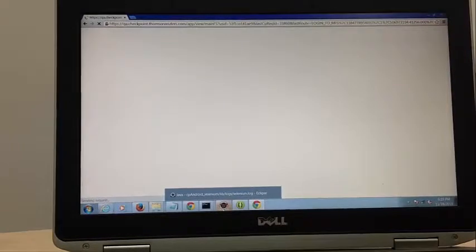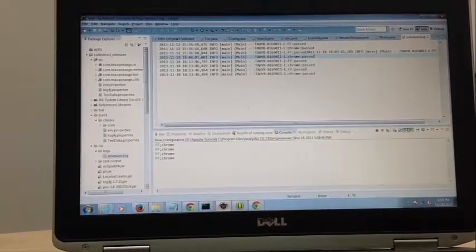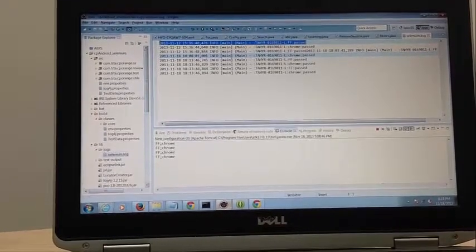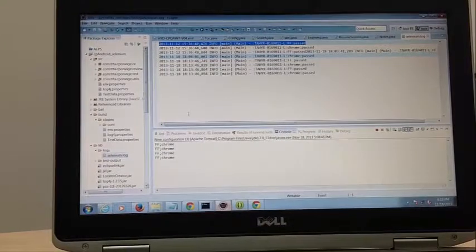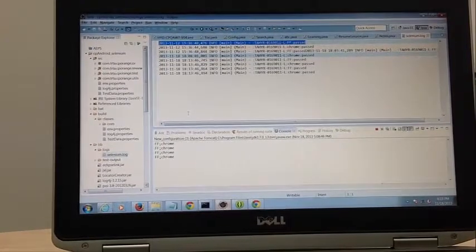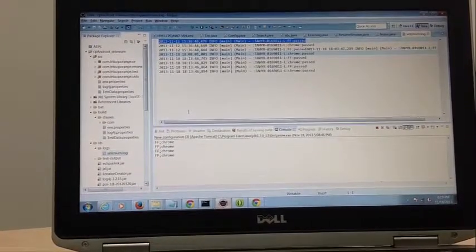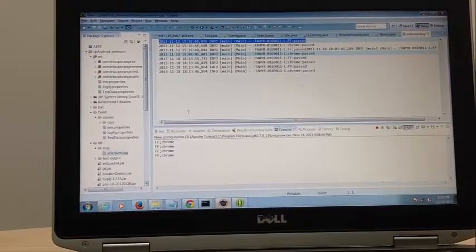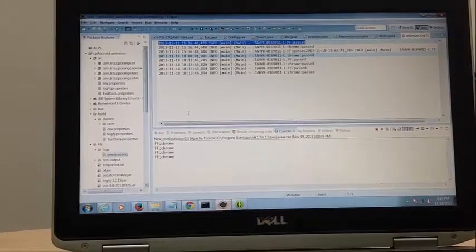So let's go to the server side, where the last test case which ran on Firefox is logged in the log4j file. In the mobile output screen we have given one button, refresh result. Once we click on the refresh result button, it will call a web service, and that web service will read this log4j file.